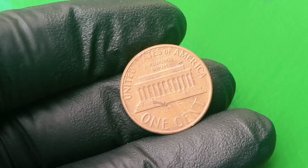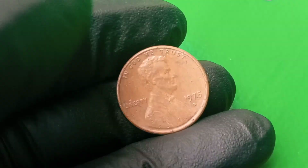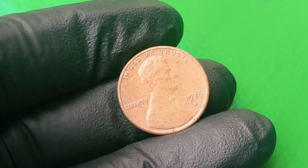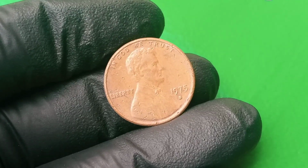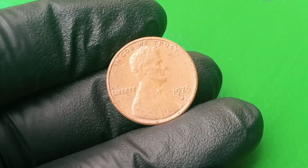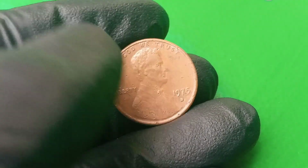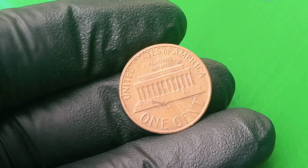And with the 1975 cent, the known high-value specimens are in extraordinary condition, often graded by professional services like PCGS or NGC as MS65 or higher, meaning their luster, strike sharpness, and surface preservation are near perfection. And the fact that an error coin could survive for nearly half a century without entering heavy circulation adds to the intrigue, raising questions about whether it was set